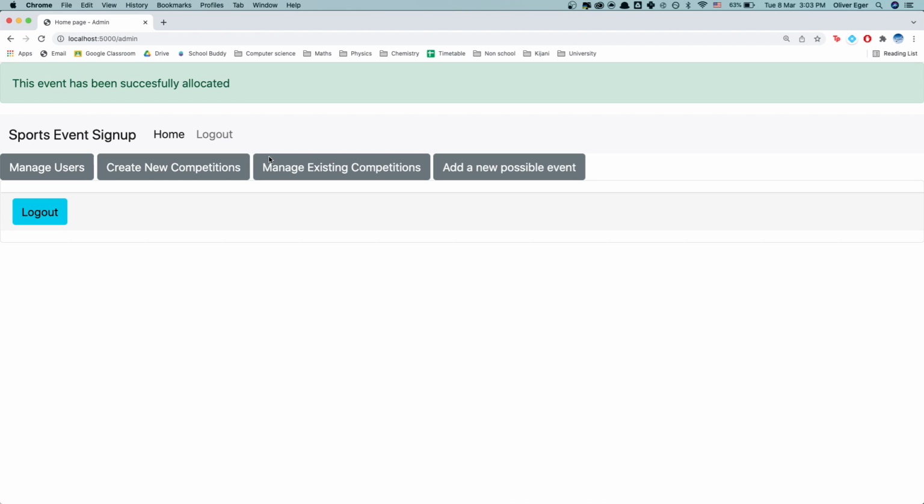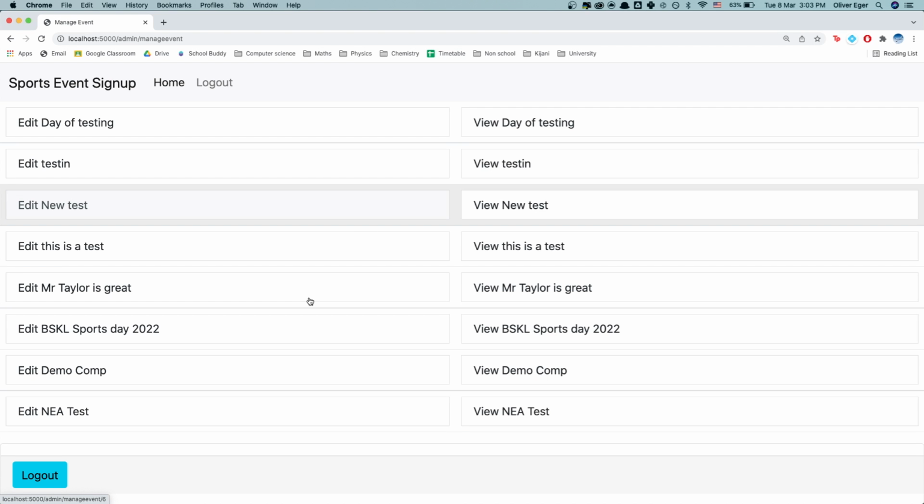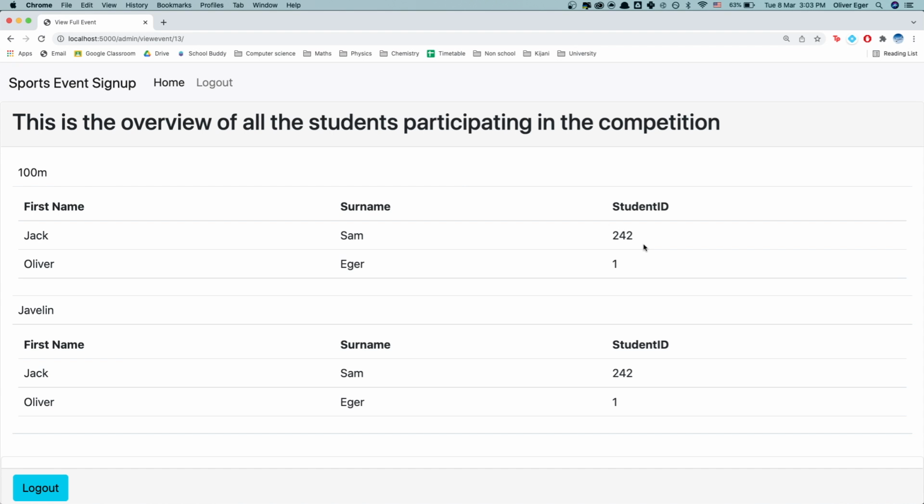Now let's talk about managing an existing competition which has a few more students in it. Let's look at demo comp instead. As we can see here, these two are the students who have been signed up for this event, and let's go look at what Oliver can see from his side. So if we proceed to student 1,